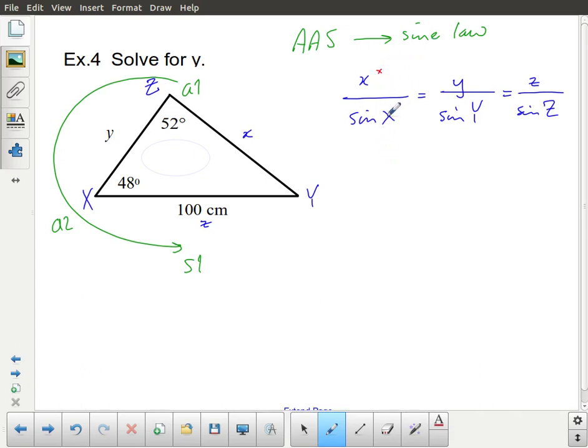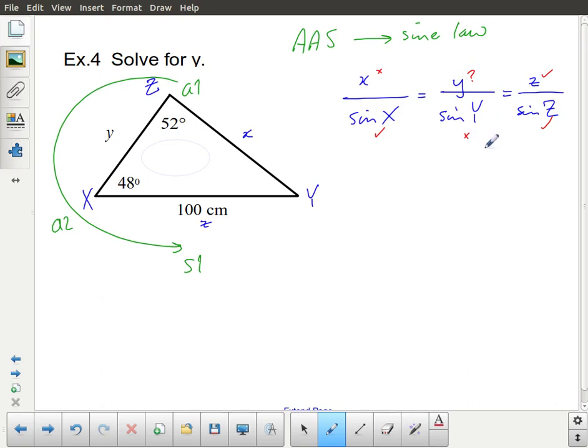What about the angle x? Yes, we have the angle x. Do we know the side y? No. Do we want the side y? Yes, we do. So I'm going to put a question mark there. Do we know the angle y? No, we don't. Do we know the side z? Yes, we do. Do we know the angle z? Yes, we do. So if you take a look at this, there's no grouping I can make that will only